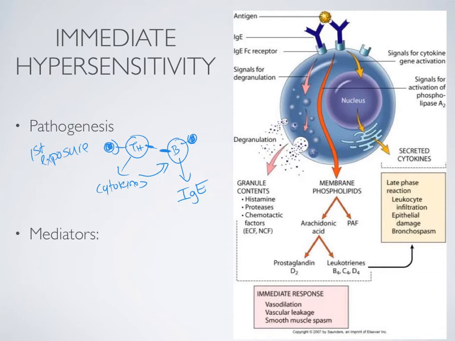So interleukin-4 is a cytokine T cells produce. If the T cells produce it and there's B cells around, interleukin-4 tells the B cell to make IgE type of antibodies. So that's your first exposure. Now these IgE antibodies are specific to that antigen, and they're going to circulate through the body. They're going to bind to any mast cells or eosinophils that happen to be around, because that Fc portion will bind there. So now, on your second exposure,